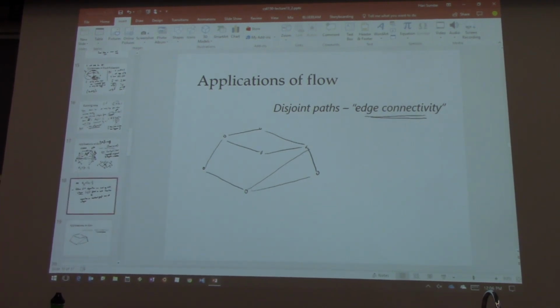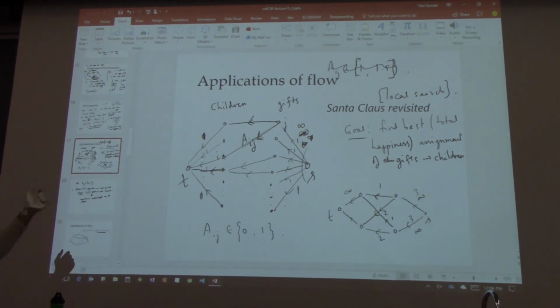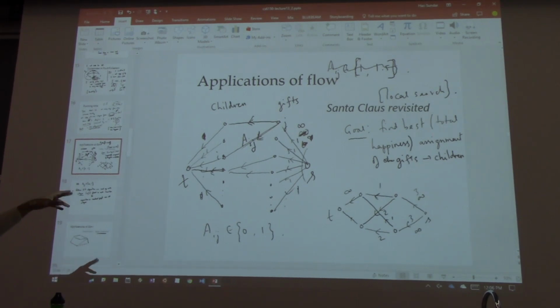And in general, when we try to reduce a problem to flow, this is the kind of thing you're looking for. Okay, so you want to come up with a graph, and you want to come up with a source and a sink, and you want to say that if I look at the max flow, it's going to tell me something about the solution to the original problem. So like in this case, if I had weights being 0 or 1, then the max flow will allow me to read off the optimal assignment of gifts to children.